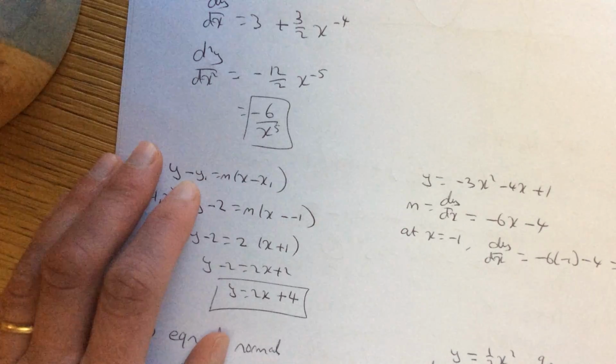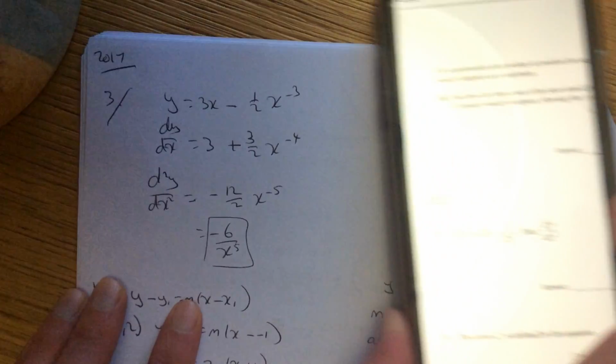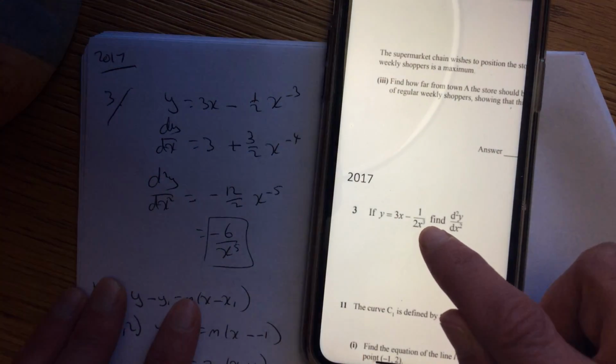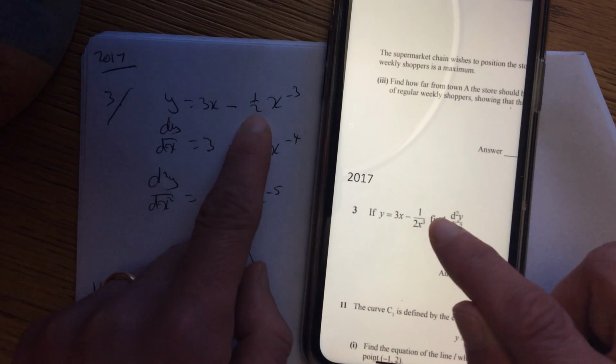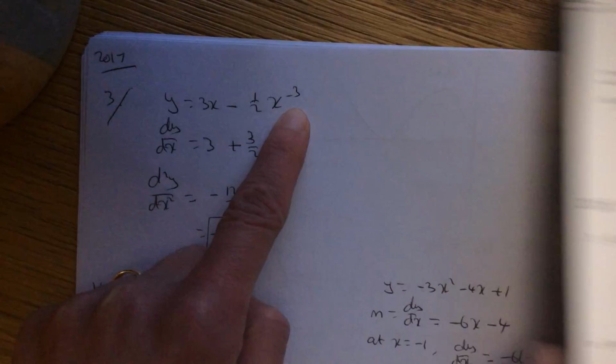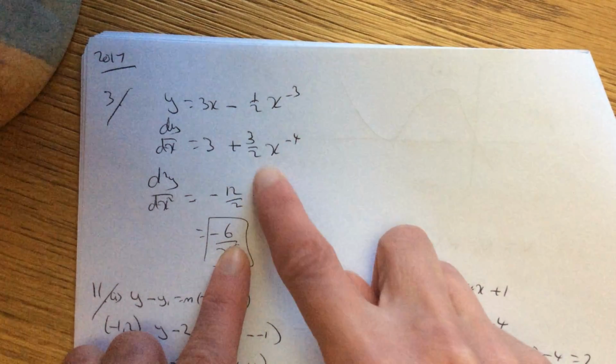The next one, 2017, you will start to see a pattern in these. See that x3, up it comes. Don't bring the 2 up, that's a half. So bring your x3 up. Then power to front, take 1